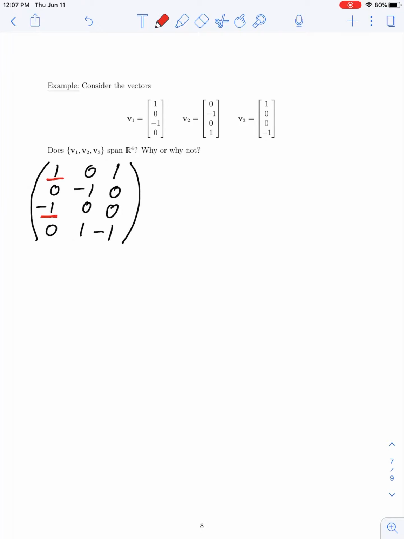I need to kill off the negative 1 that appears in my third row. So to do that, I'm going to take row 3 and add row 1 to it, which gives me 1, 0, 1, 0, negative 1, 0, 0, 0, 1, and in my last row I've got 0, let's see,